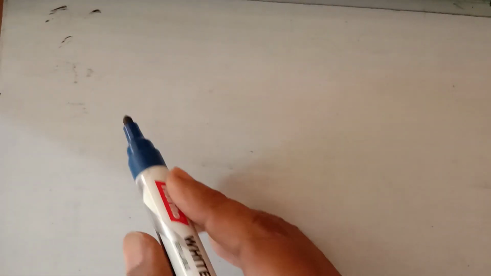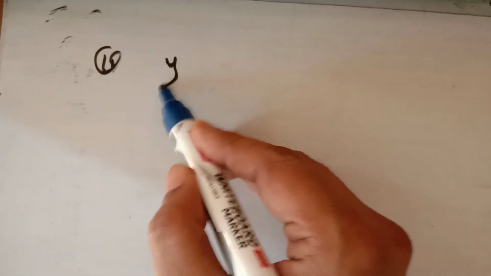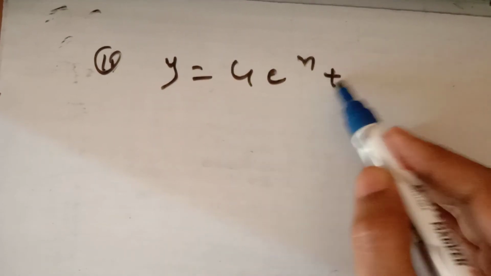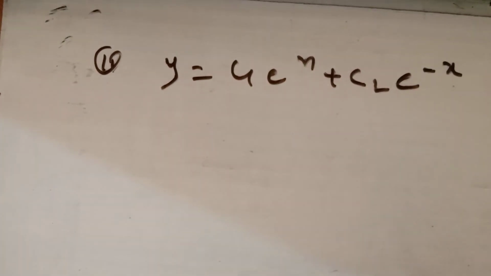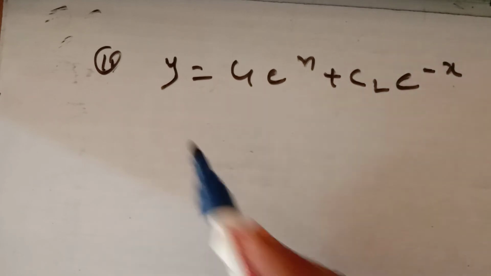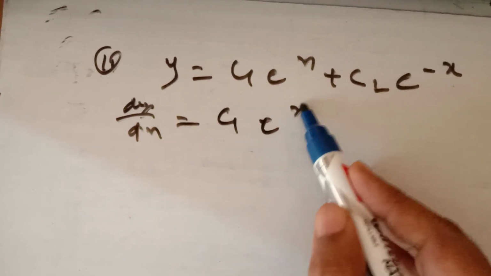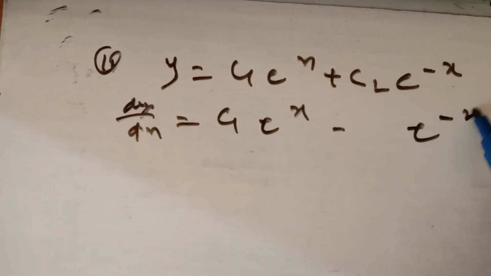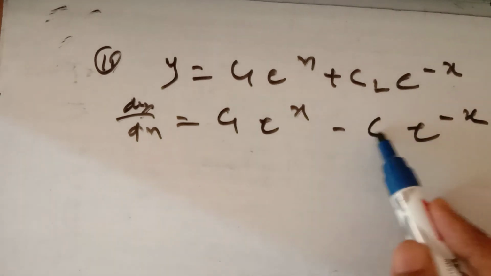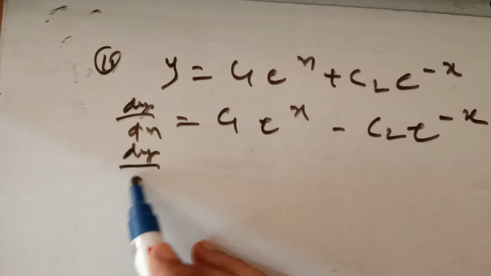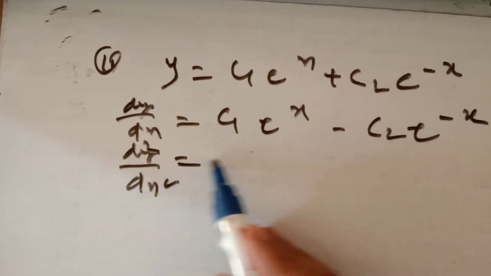क्वेश्चन नंबर 11 थोड़ा सा इजी क्वेश्चन है. आपके पास y इज इक्वल टू c1 e की पावर x प्लस c2 e की पावर माइनस x है. तो ये किसका डिफरेंशियल इक्वेशन, 4 ऑप्शन दे रखे हैं तो फाइंड करिए डिफरेंशियल इक्वेशन सीधा. इसमें दो आर्बिट्री कांस्टेंट है तो पहले एक बार डेरिवेटिव करा, e की पावर माइनस एक्स का डेरिवेटिव e की पावर माइनस एक्स इंटू माइनस, एक बार और डेरिवेटिव कर लीजिए क्योंकि दो आर्बिट्री कांस्टेंट